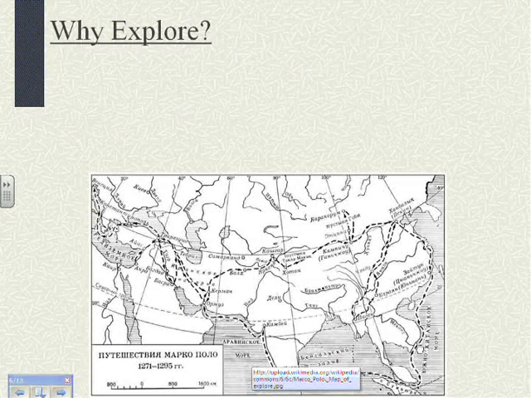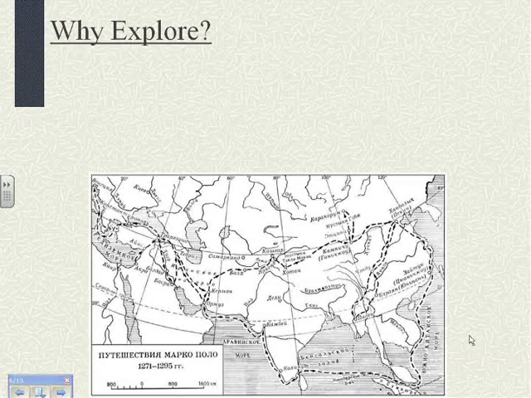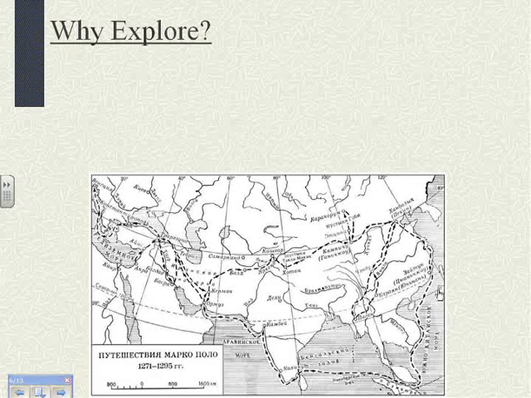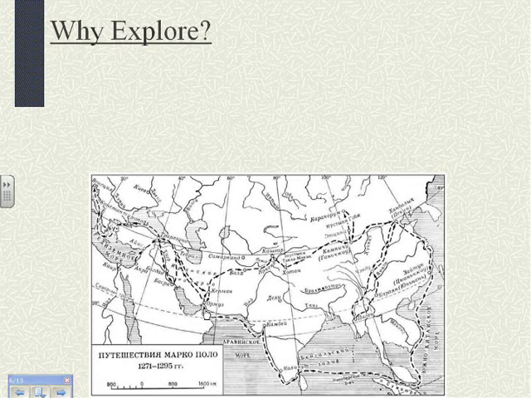And so this map down here, even though it is not in English, the dotted line is Marco Polo's journey. So you can see he went over a large area, and on his return trip he came back via sea for most of the way, which was obviously a much faster way to travel. So the longer trip was his trip out to China. Okay, so why